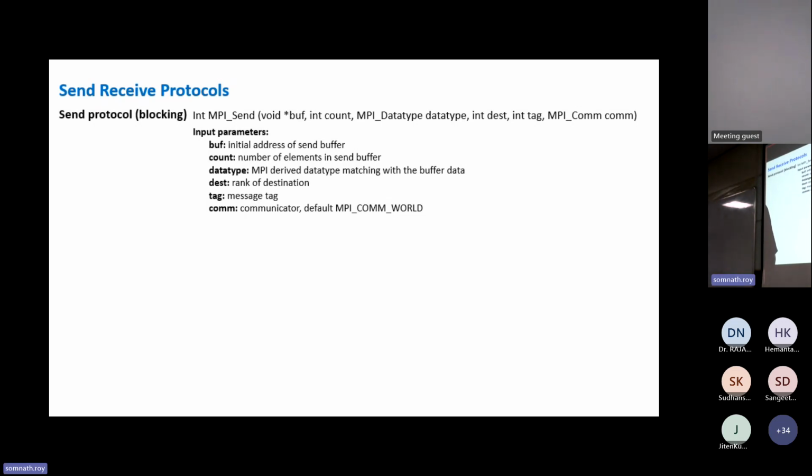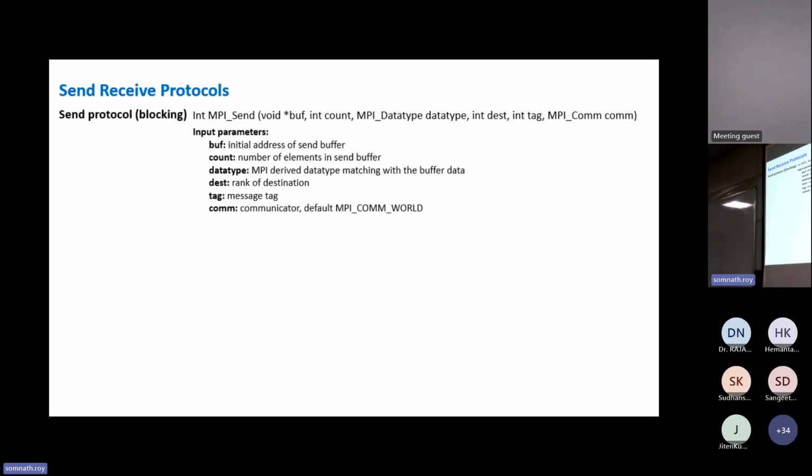So you cannot pick data from different locations and ask them to be sent in the same single MPI call. It has to be done in contiguous locations. You have to send the location and the size. So many times, if we have data from distinct locations which has to be sent, we create a new buffer and pack